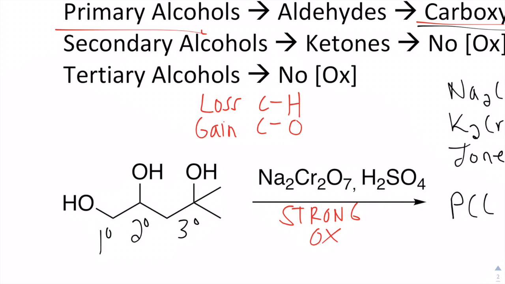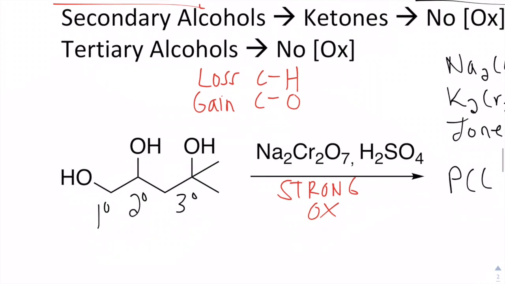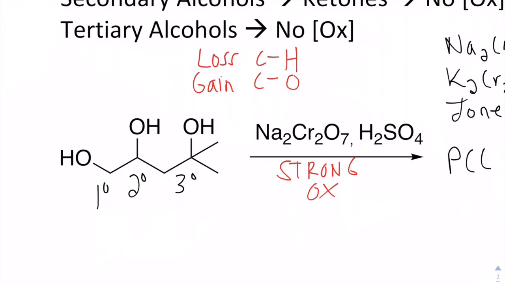And the tertiary alcohol is going to have no oxidation reactions because of its substitution pattern. So if I were to predict the product, it would look something like this. Okay, so notice how that primary alcohol became a carboxylic acid, that secondary alcohol became a ketone, and that tertiary